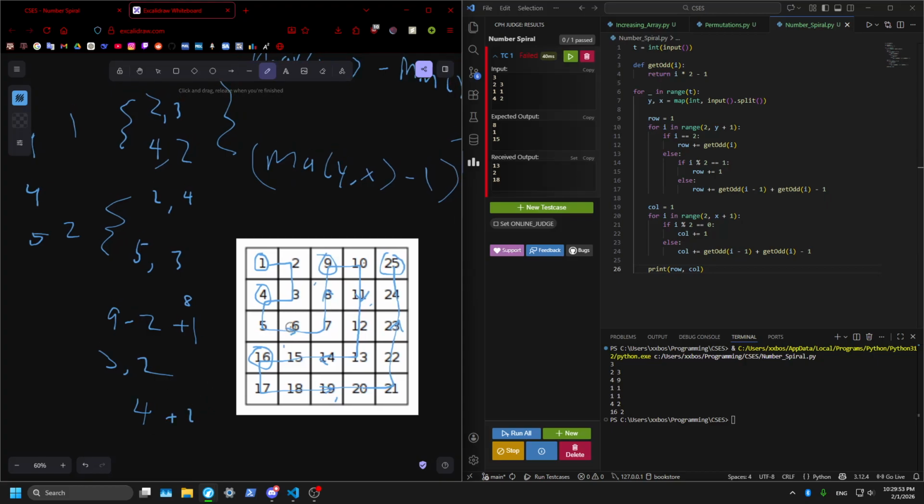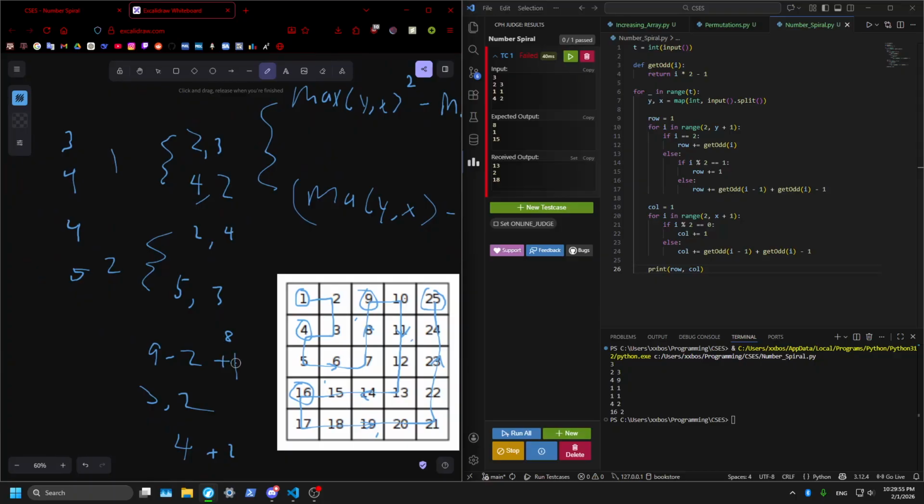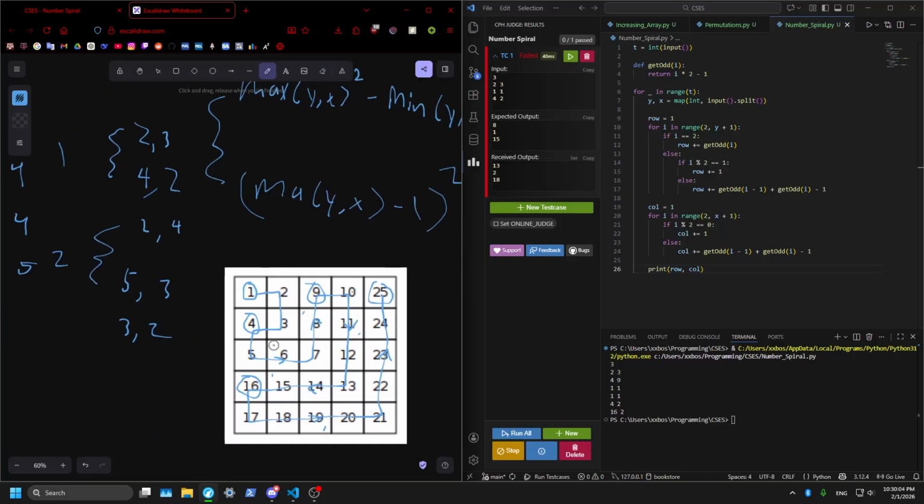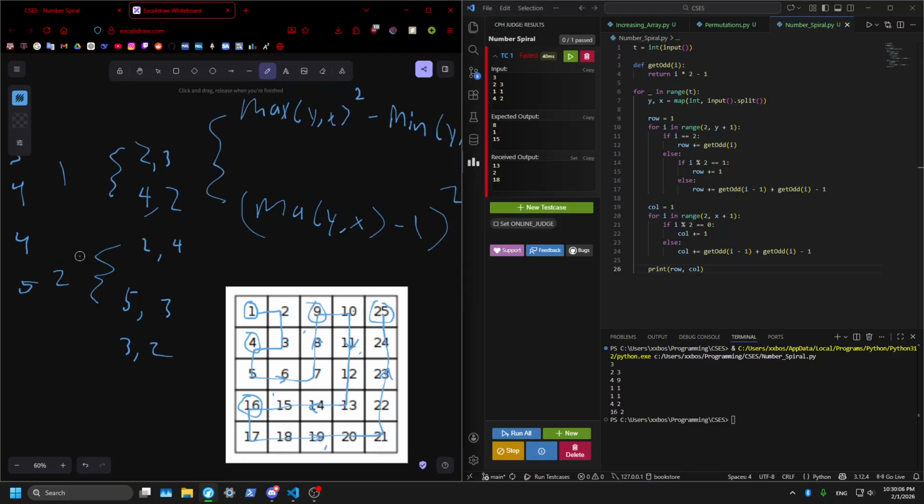Falls under case 2. So 3, 2 falls under case 2. 4, 2, 4, or 5. This case 2 is like this. So if it's going